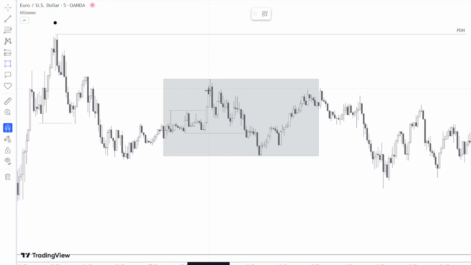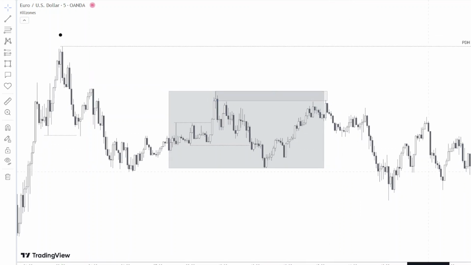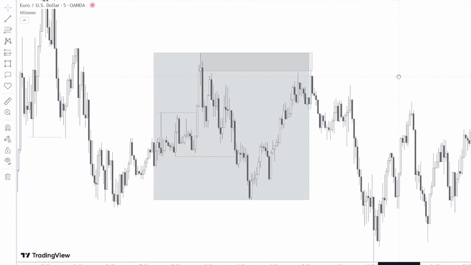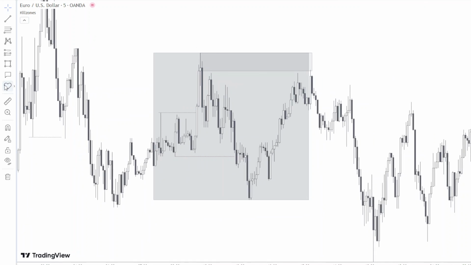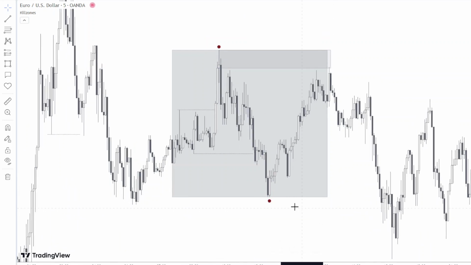Price came back to mitigate this level. After price mitigated that level, we had a range here. Let me just put the dots. Our M5 range from here to here. Now this can be a direct entry from here,